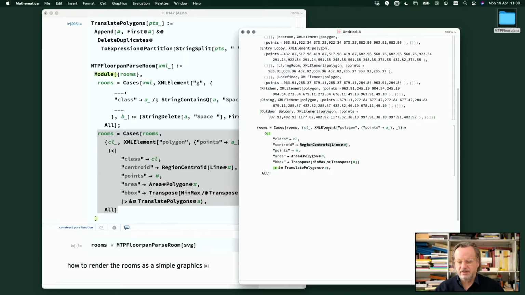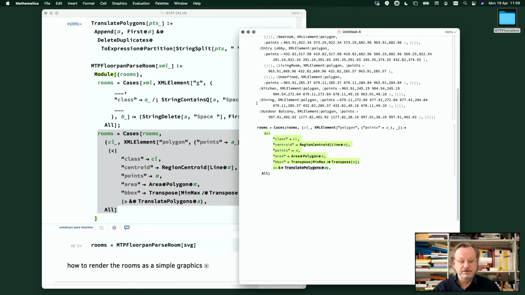So we take this as a key, and we are interested in the list of points. Name that A. And then we say we want to do that as an association list. So it's a list of elements where the elements are named. And the name class is CL. Centroid is the centroid of the line of this. So yeah, we do all the polygons within A,